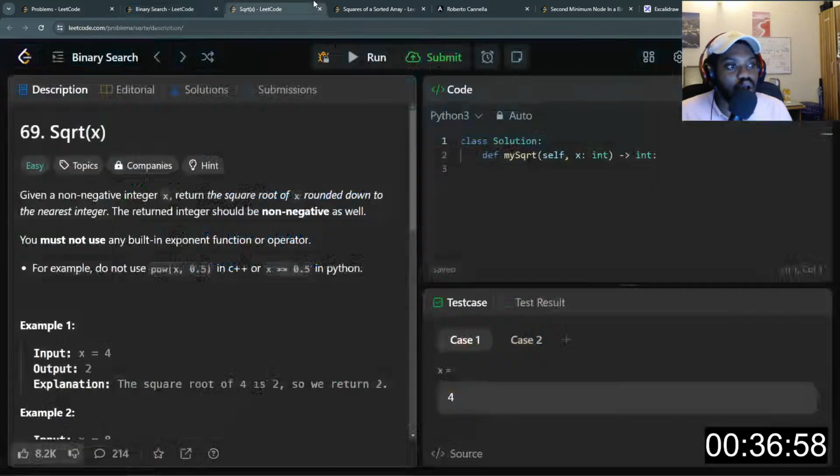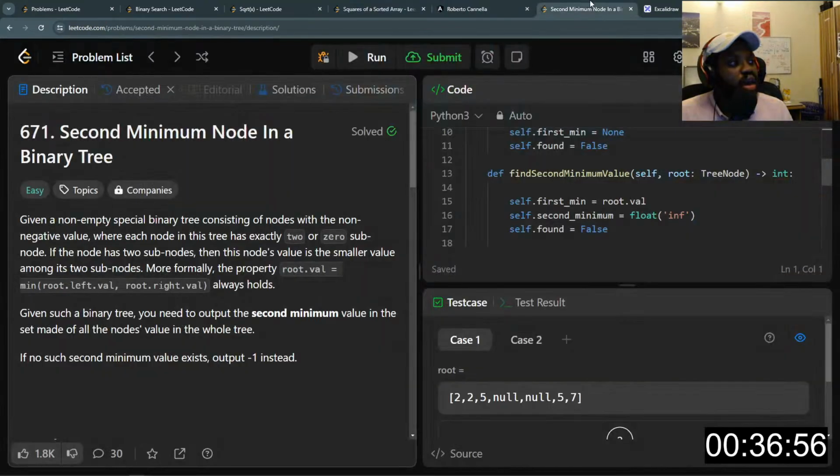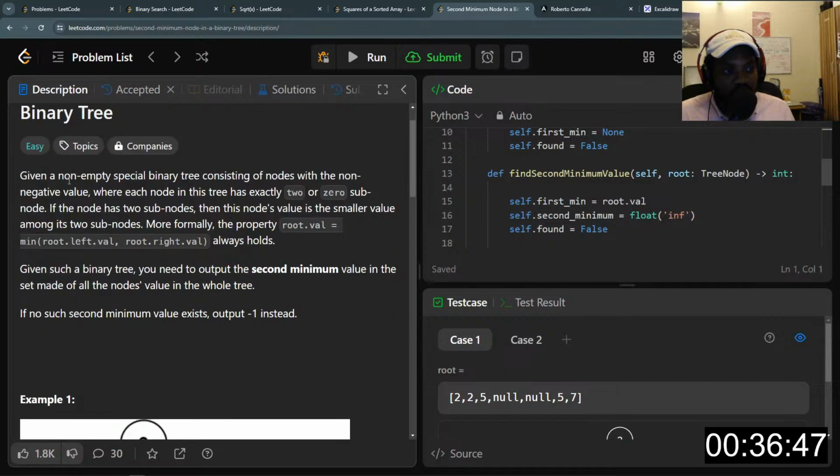So, let's get started, right? So we are given a binary tree, right? Given a non-empty special binary tree consisting of nodes with the non-negative value, where each node in the tree has exactly,